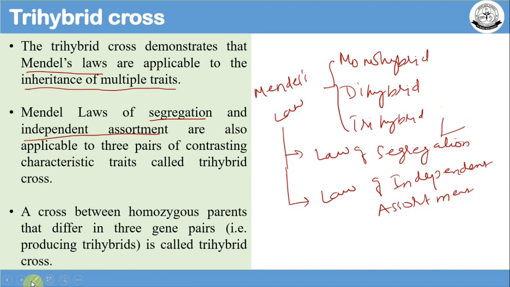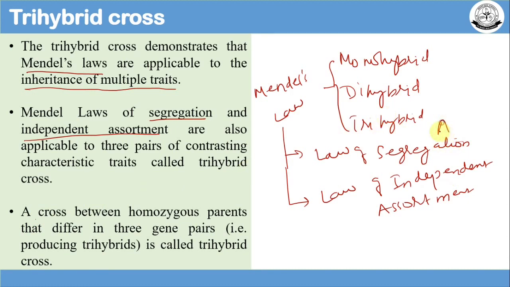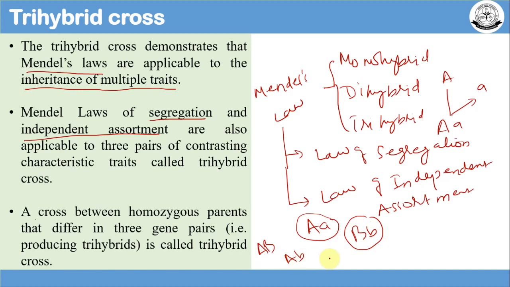ஓகே, ஸோ லைக் நம்மள்ட்ட இந்த அலீலில் இருந்துச்சுன்னா இது இண்டிபெண்டன்டாக செக்ரிகேட் ஆகும் இல்லையா, இது ஃபர்ஸ்ட் லா. செகண்ட் லா என்ன சொல்லுது, டைஹைப்ரிட் வச்சு பண்ணாங்க இல்லையா. ஃபார் எக்ஸாம்பிள் 2 கேரக்டர்ஸ் இருக்க வச்சுக்கோங்க, சரியா. ஸோ இந்த கேரக்டர் ஒரு பேர் இண்டிபெண்ட் ஆஃப் தி அதர் பேர் பிரியும் அப்படி சொன்னாங்க. ஸோ இதில் என்ன காம்பினேஷன் காட்டினாங்கன்னா AB or caps A small b or small a caps B or small a small b. இதே மாதிரி நீங்கள் இன்கேஸ் AA BB and CC வச்சிங்கனாலுமே சேம் combination will be followed,